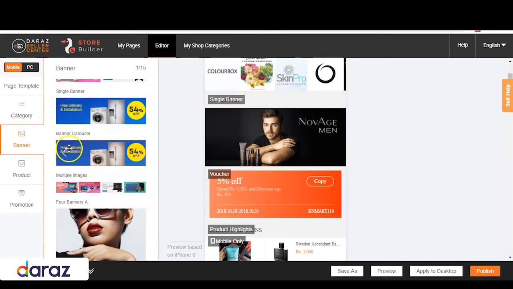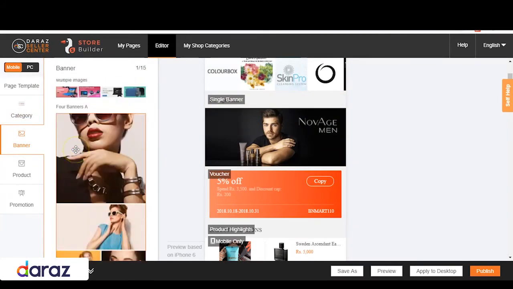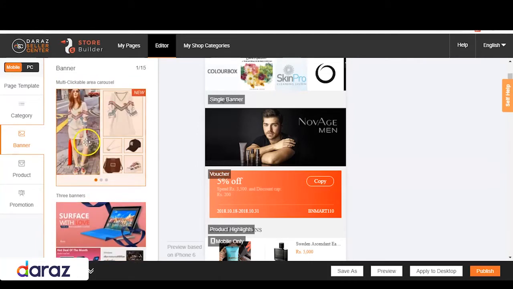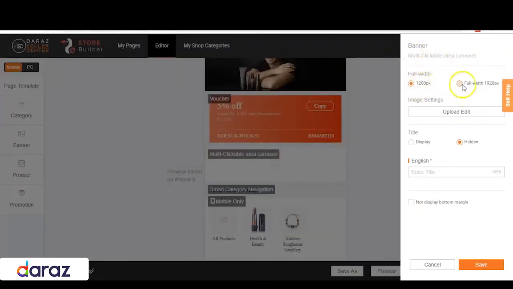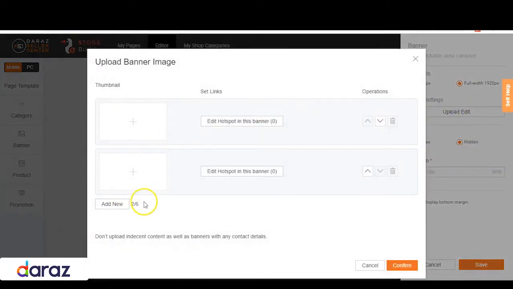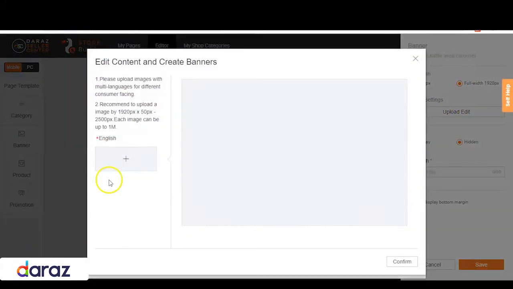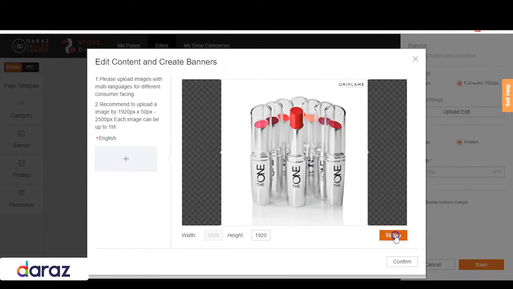You can go back to the Banner tab on the left and choose to add more banner sections using the same drag and drop option as used earlier. Once you have selected the additional banner segments you want to add, you can simply follow the steps shown earlier to create the display additional banner segments on your store page.